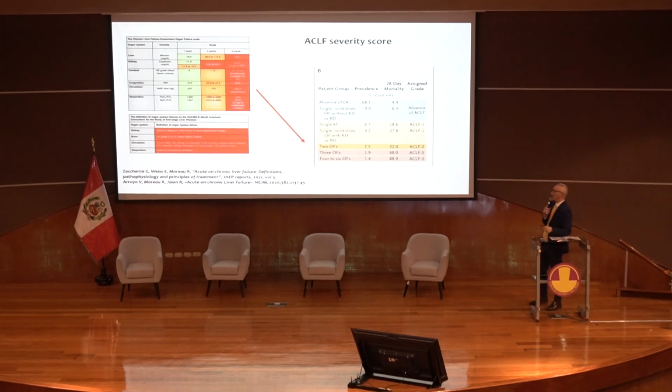We have to remember that there are several distinctions in acute or chronic liver failure, and we have some grades of the syndrome. And of course, the more the failure of the organs, the more the mortality. And so we have focused our attention on grades 3 and 4 of acute liver failure, in which the patients are in very, very severe condition.